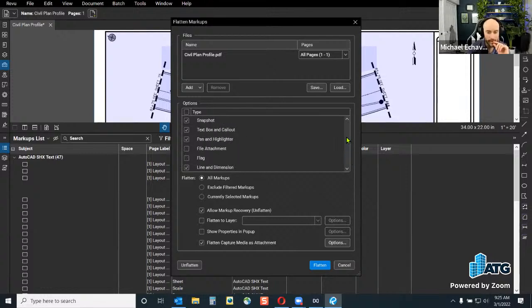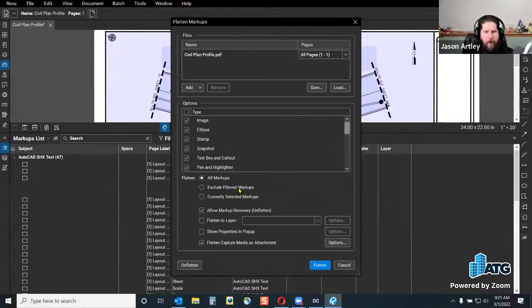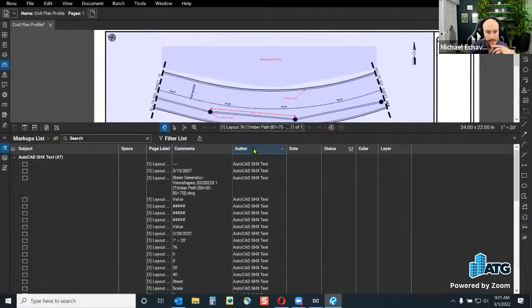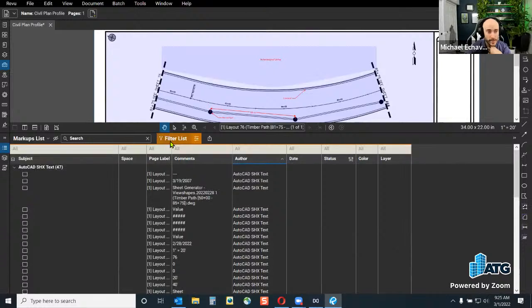No, David had the one that was flattened by author. I'm wondering if you had to go flatten by layer. Oh, currently selected. So if I would have selected that, maybe it was that. Yeah. So select them. David said select them. So selecting them would be it, or like Doug was saying, you could add them to their own layer, which